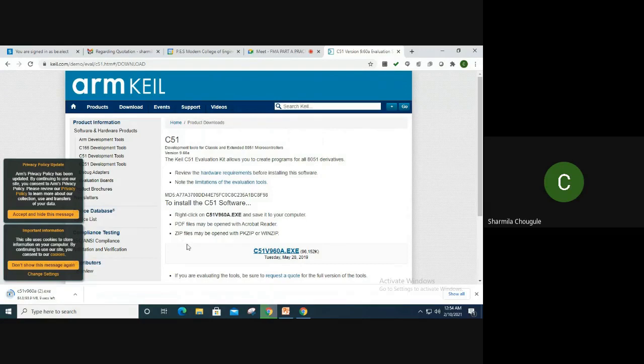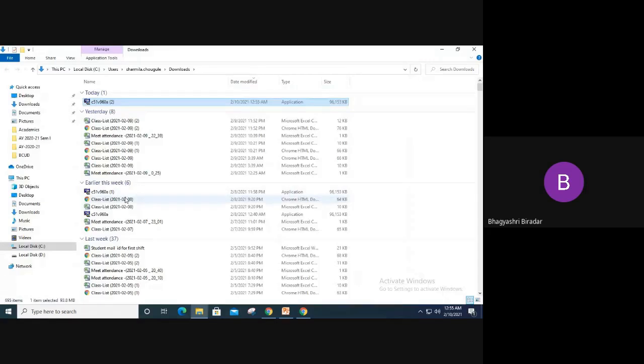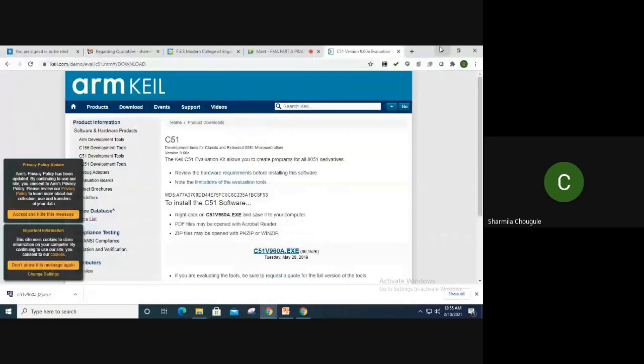Okay, once it is downloaded, you can just run that file, and your Keil software will open. I'll show you the window directly if it is okay for you. Will you be able to install this, or is there any problem in installing? Yes, ma'am. See, this is the file, so you can install this one. It needs admin permission. I have already installed this one, so I'll show you how it will come.